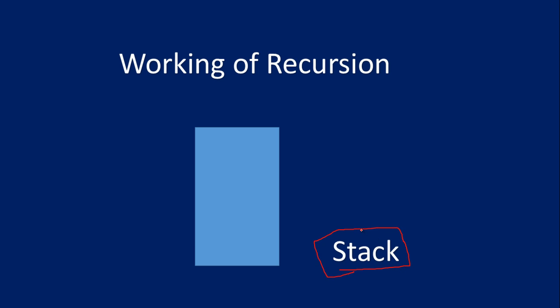A stack is a type of container which follows the concept of LIFO. Now what does LIFO mean? LIFO means last in first out. Suppose this is my container, which is covered from three directions: it is covered from the left side, the right side, and the bottom, but this container is not covered from the top. So the top is open.